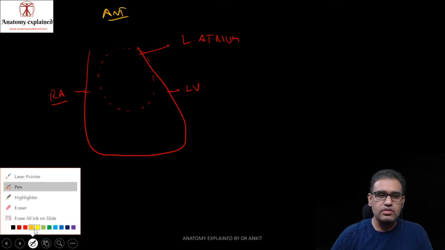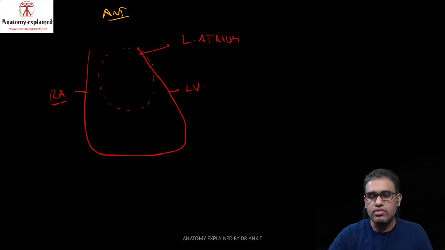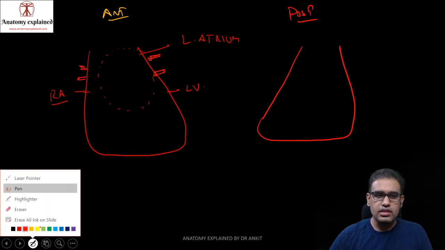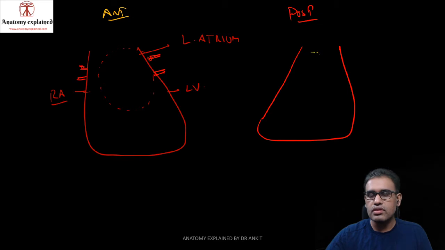Therefore it is also receiving oxygenated blood from the lungs in the form of pulmonary veins, 2 on this side and 2 going to the right side. So a total of 4 pulmonary veins are entering into the left atrium. This is what we see from the anterior aspect. But if we see it from the posterior aspect, then the left border goes over here and the right border goes over here. This roughly corresponds to the left atrium.